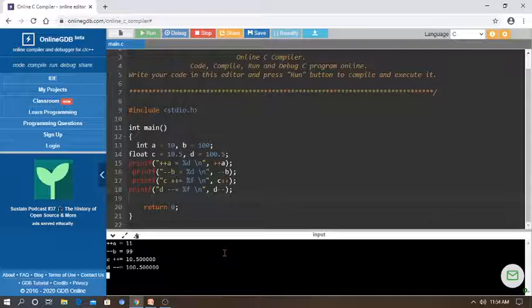We are going to execute the program. It executed successfully. So it's showing here the first a value with pre-increment operator, incremented to 11, already 10 is the a value, incremented by 1 to 11. And decrement means from 100 it will minus 1, so 99. And C plus plus, it will increment, sorry, it is showing 10.5, and D value is showing 100.5.